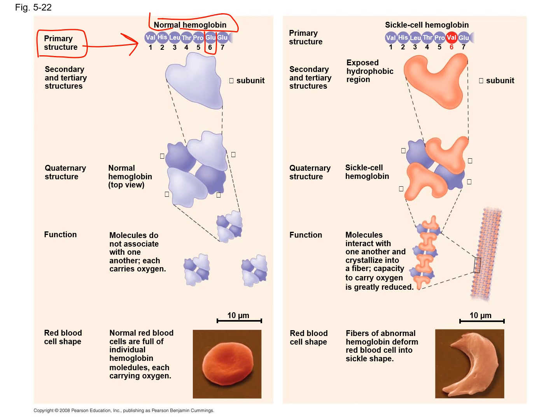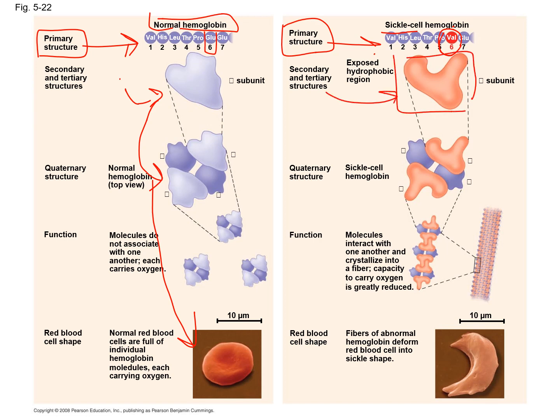So when you have this primary structure, this leads to the secondary, tertiary, and quaternary structure, where you have those 4 polypeptides bound together, and that creates red blood cells of a normal shape and normal ability to carry oxygen. If an individual has sickle cell, that means they have an altered primary structure. So they actually have a mutation in their DNA. So it changes that amino acid at position 6 to a valine, which creates a completely different secondary and tertiary